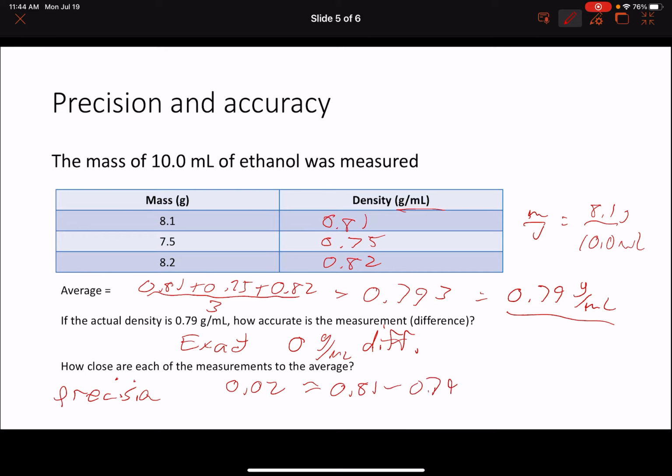We're subtracting each value from the average, and so you get 0.02. Then for 0.75, subtract 0.79, but take the absolute value, and we get 0.04, and then 0.03. I don't have enough room down here. So those are our 3 precision values. So our measurements were all